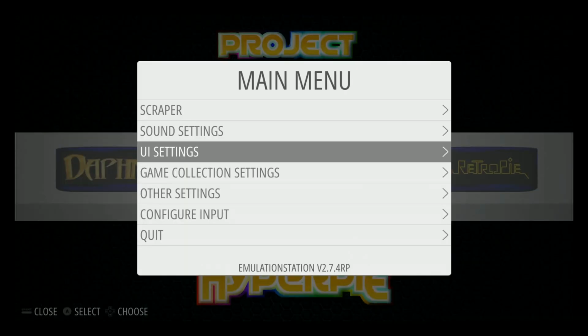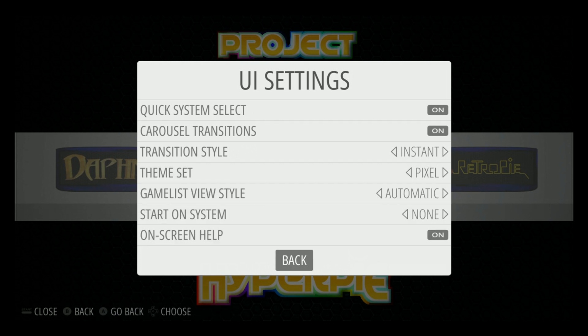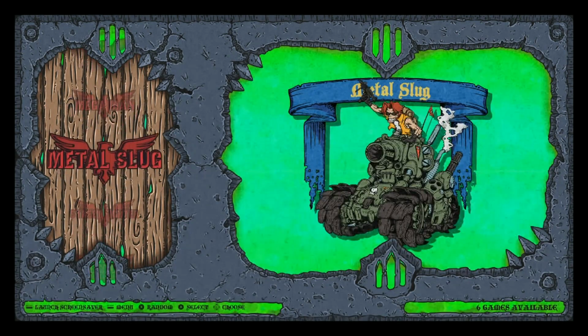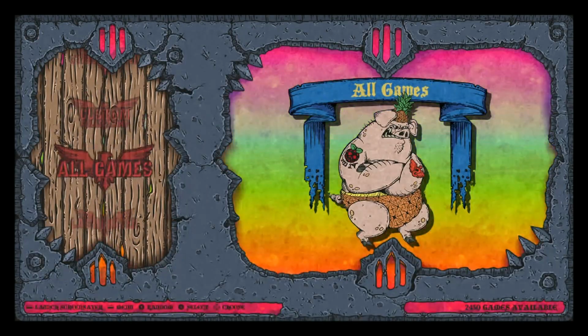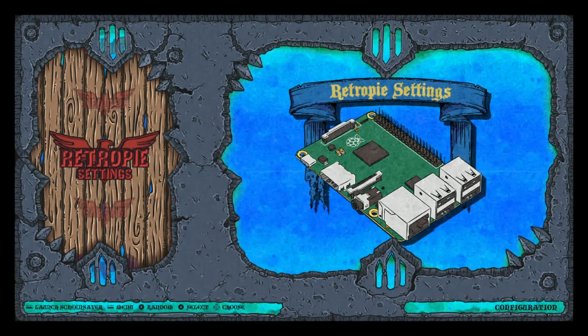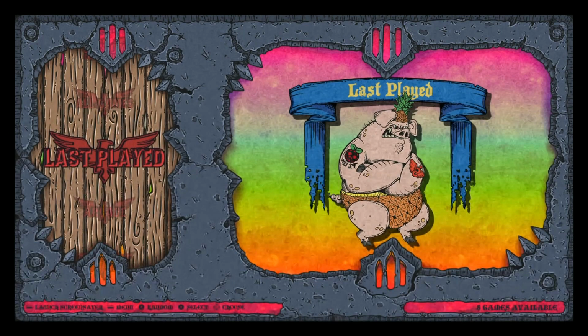Now, you could definitely use Emulation Station and change the theme here. If you do the Swine Apple theme, you'll have everything you had before, and the theme will all work, video snaps, everything like that. So the Emulation Station part of it is fairly the same, except it has been updated to the latest version of RetroPie, and it's running Project HyperPie, which is not only Emulation Station, but also an attract mode